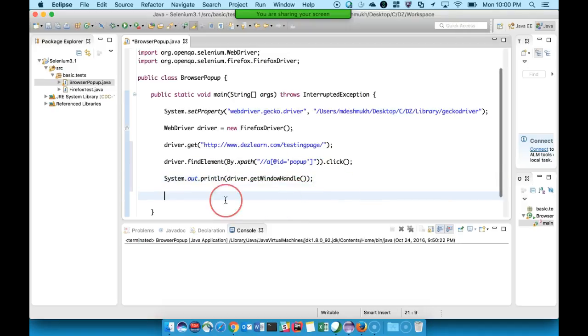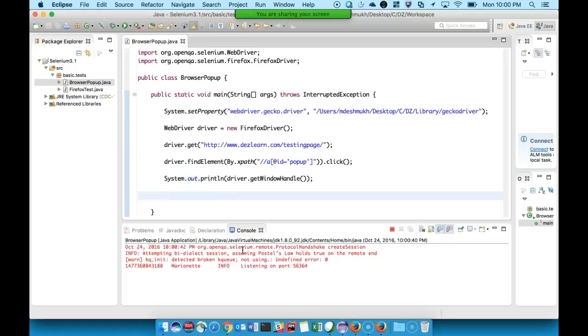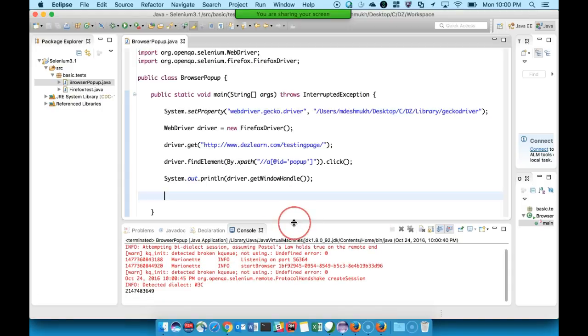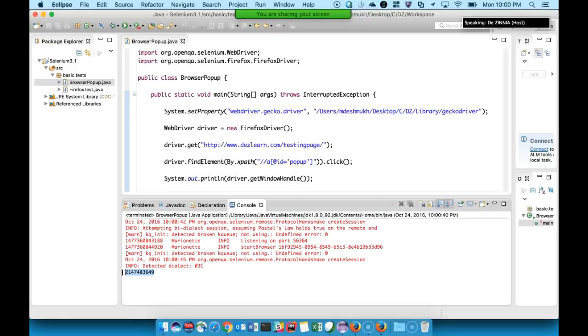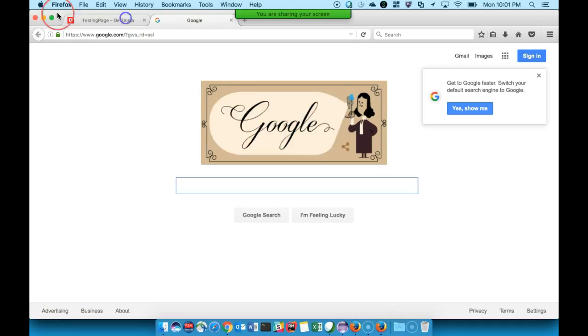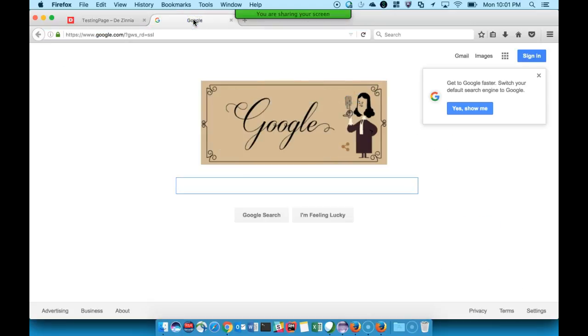Let me just run it to understand this, and we will be able to see the output as some alphanumeric characters. In the output, this number that you see is nothing but the window handle of the first window, that is the particular browser which driver has launched, but not the next window.